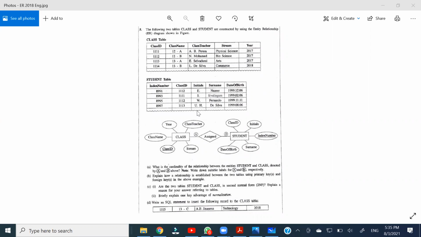Yeah, and Lalindi, for the B part, the answer is perfect. If you can add the part stating what the cardinality is between the two tables again. Part A mentions it, but when you explain part B, your explanation happens because of this cardinality, right? So it will be a complete answer, and no marks can be reduced. Part C, yes,